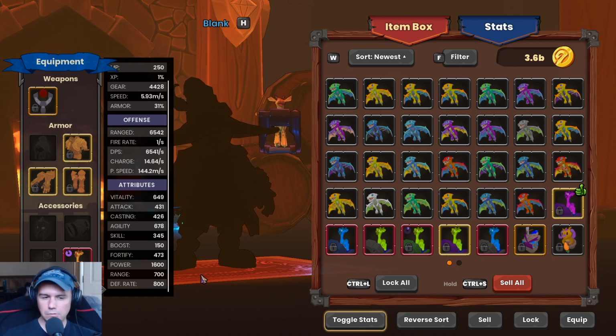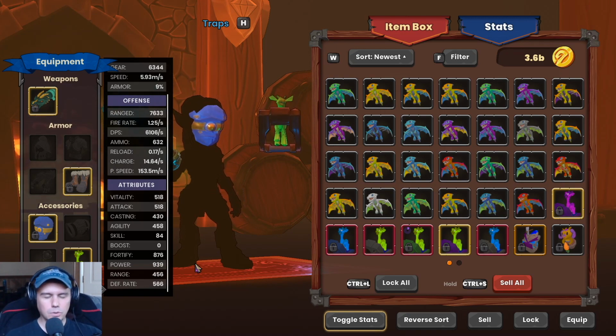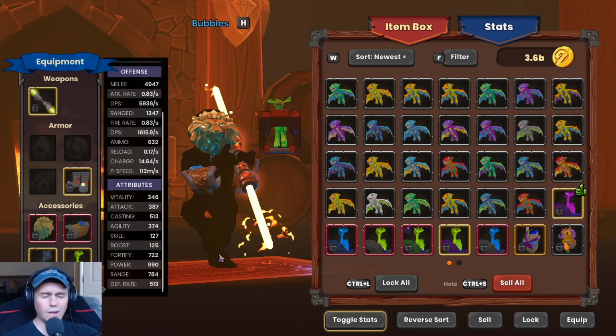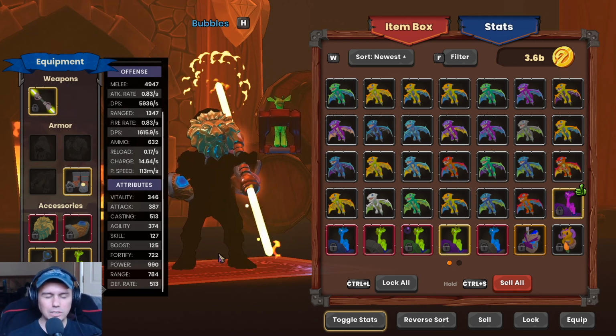1600 power, 700 range, 800 defense rate on my Builder Apprentice. He will be our active hero. We're going to boost a stack of DSTs with him. Now, our Trap Huntress is sitting at 876 fortify, 939 power, range and rate, inconsequential. We don't care about those. And for our Aura Monk, 722 for fortified, 990 for power, 784 for range, and defense rate doesn't really matter